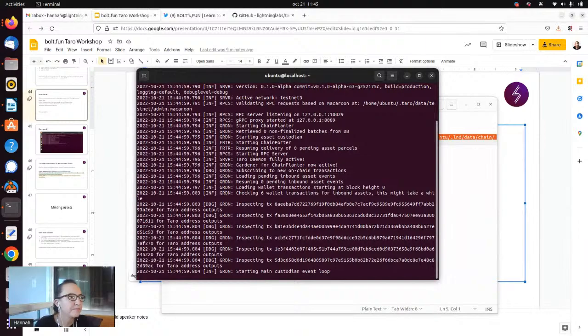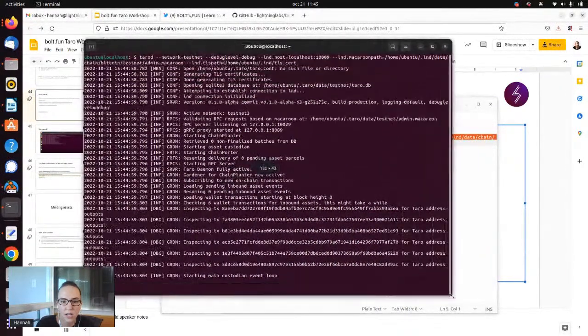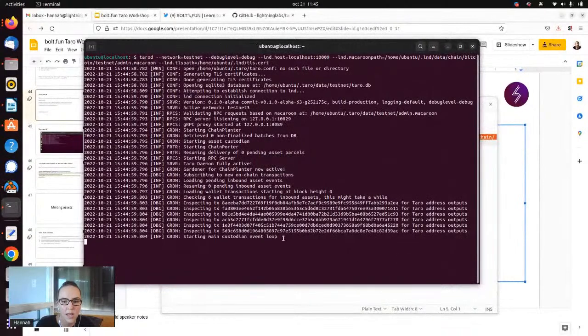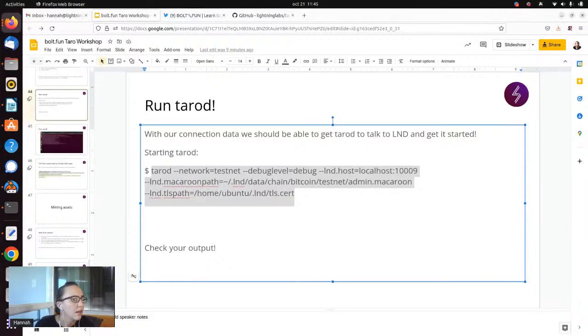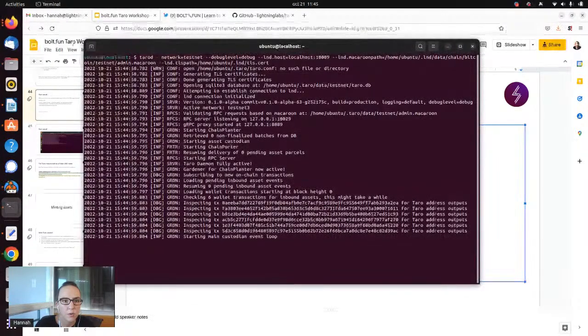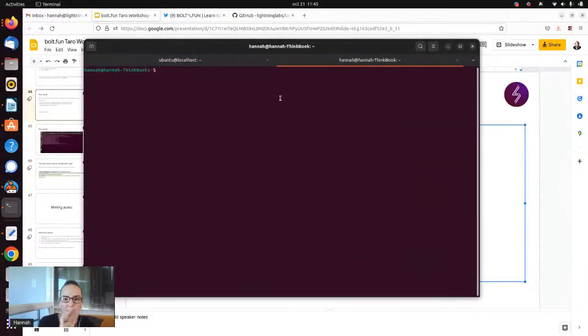One thing I forgot. I'm going to have to pull this back up. So we now are successfully running Taro daemon. Woohoo! And this should be roughly what your output looks like. I am going to have to log in. Let me open a new terminal window because I want to keep this running in this window, since I don't have it set up via systemd or anything to run in the background. So I am once again going to, in this tab, log into my server,